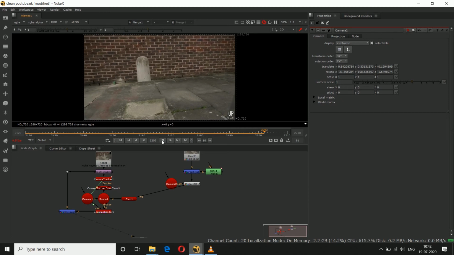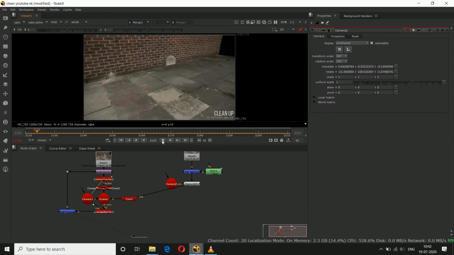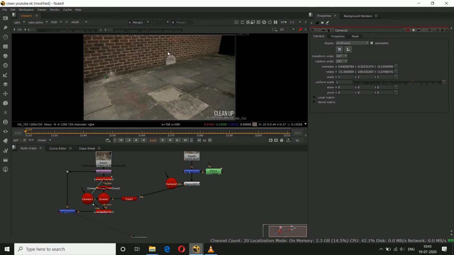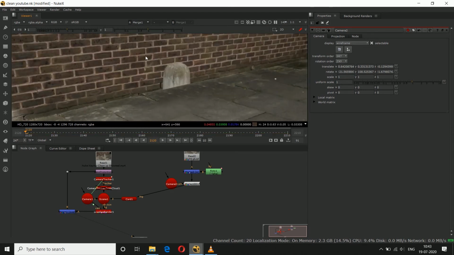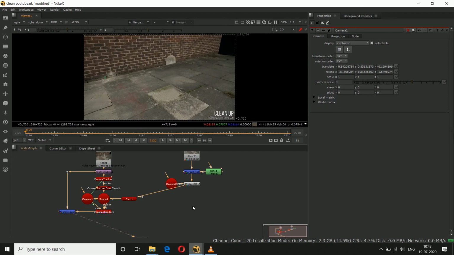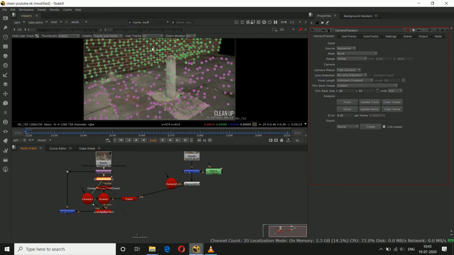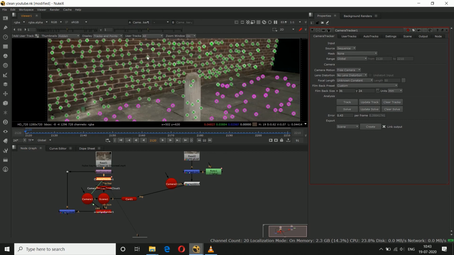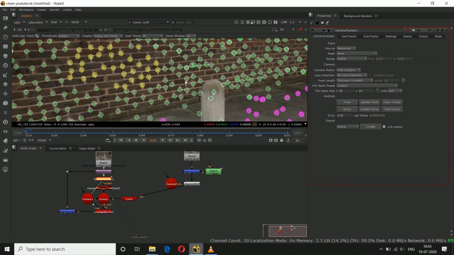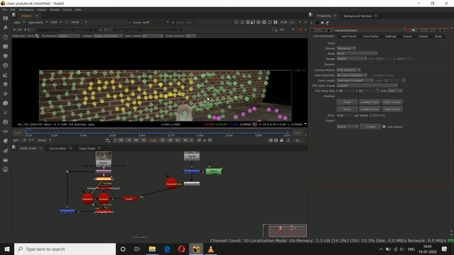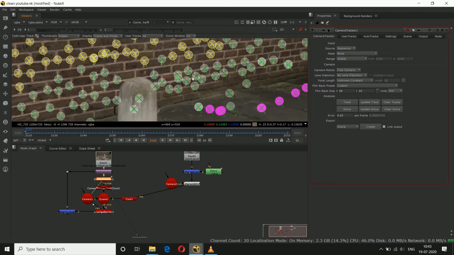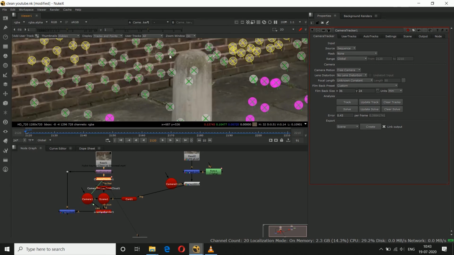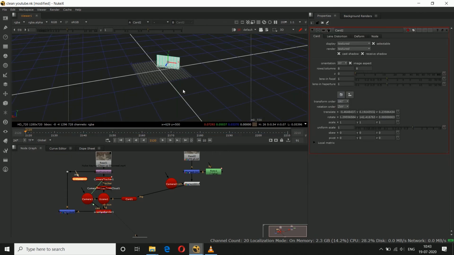So now we need to take one more card. We need to create one more card, and we need to project that card onto the wall because some part of the pillar is left. Okay. So we will create the card on that wall. Okay. So we'll go to Camera Tracker node. We'll go to that frame. We'll select some points on the wall like this, this. Right click, create card. So we have created the card.